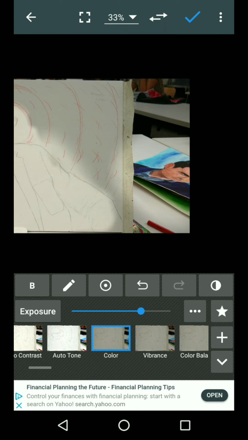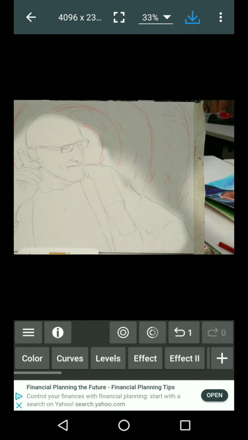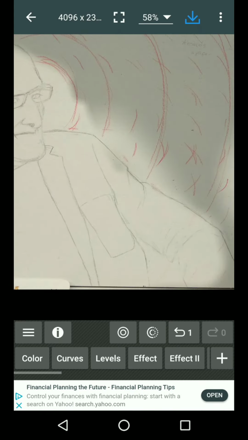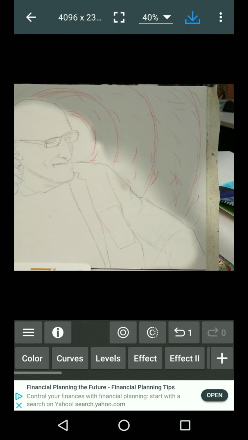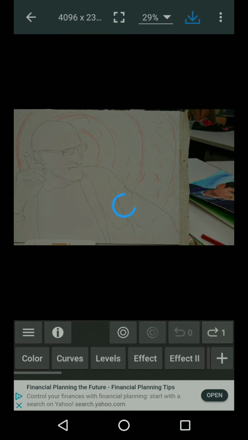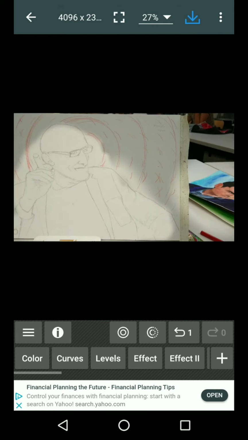All right, so let's pretend we really like that one and we're going to keep it. I'm going to press the check mark up at the top. Now, it is basically a new image. You can't go back and erase any of the stuff here. You can do undo and it undoes all of it, but if, say, you've painted and you go, oh, I wish I had gotten that spot right there, well, you can't. Too bad. Have to start